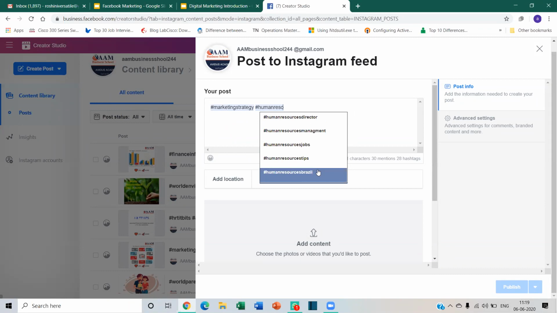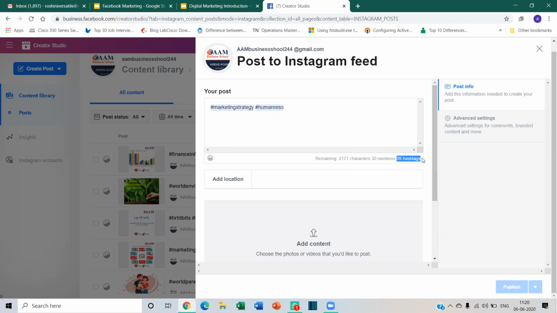So I might be a layman who doesn't have an understanding of hashtags. What I can do is use this Creator Studio to get a better understanding of what hashtags are possible. This is only available for Instagram, but in FB we don't have it, because in Instagram, all of you know, hashtags are like crazy. You may have some 20, 25 hashtags also, right? See here, it is showing 28 hashtags. So almost this is the limit they have, but it's not very restrictive.